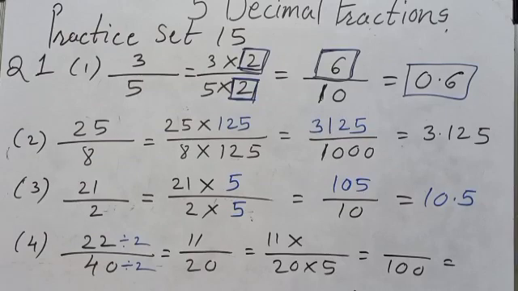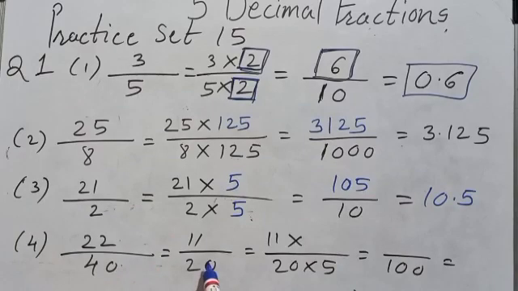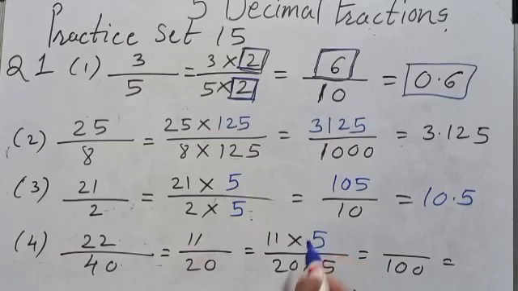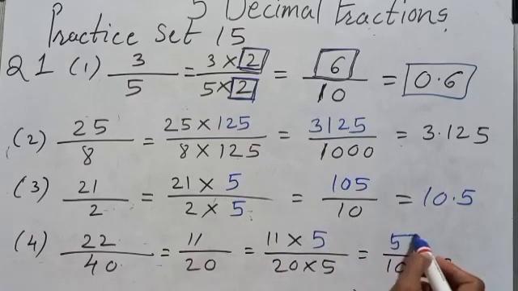Okay. Now I just told you how that 11 upon 20 came. It is already given, so no need to worry about that. Then now here 20, what have they done? They must have multiplied by 5 and then the answer came 100. So here also I have to multiply with 5. Then write the answer. 11 5s are 55.